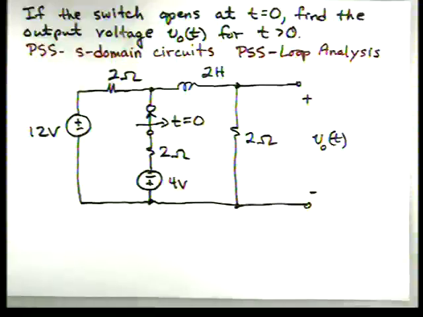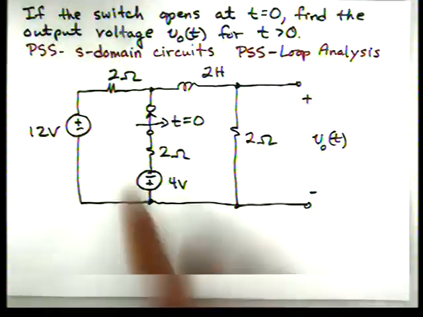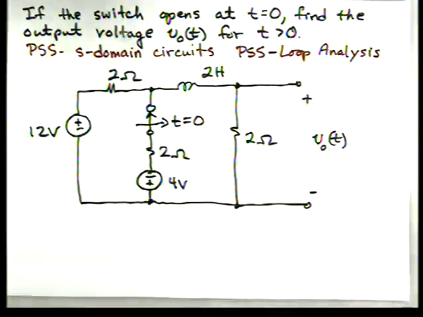In this problem, we're told if the switch opens at t equals 0, find the output voltage V0 of t for t greater than 0. We're going to use our problem solving strategies, one on S-domain circuits and one on loop analysis. We'll actually solve this circuit using loop analysis. So if we look at our problem solving strategy